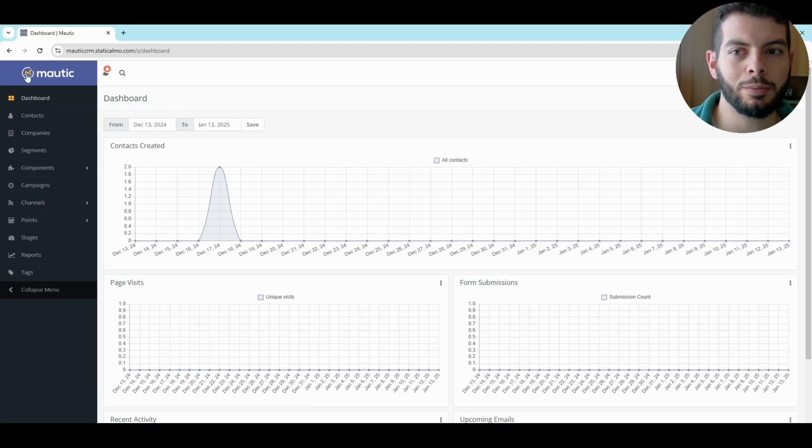One solution deals with using third parties or writing your own, for example, Python code in order to extract the data. Of course, this coding solution has other difficulties, like for example pagination, and in this video you will see how easy it is to connect to the underlying table of the database of an open source CRM. I'm talking about Mautic, that is, as I said, an open source CRM.